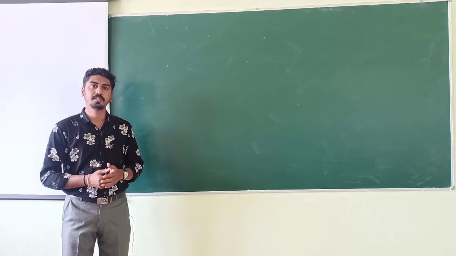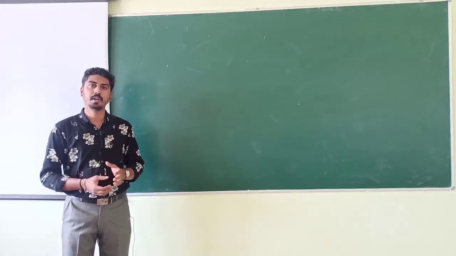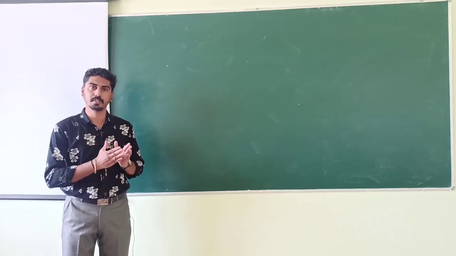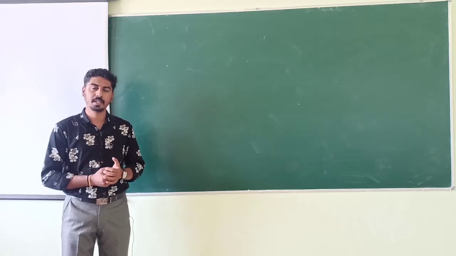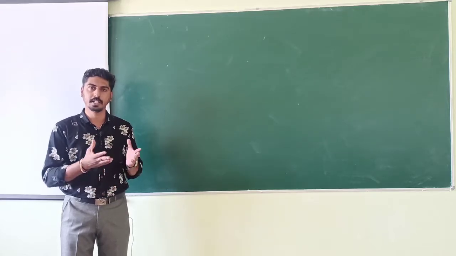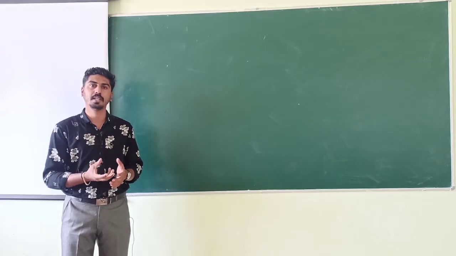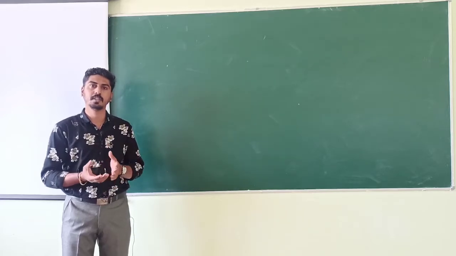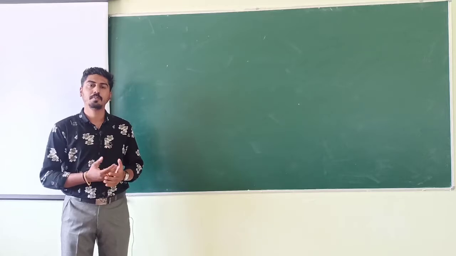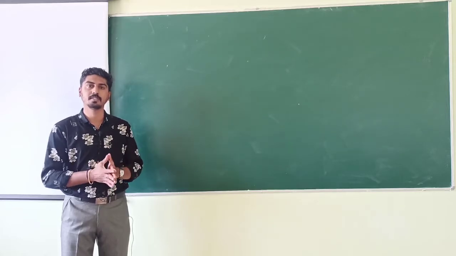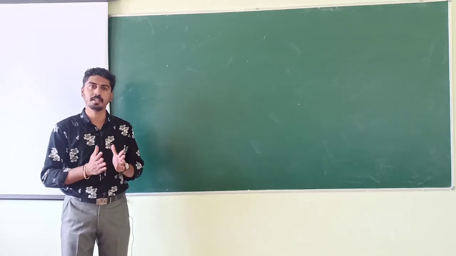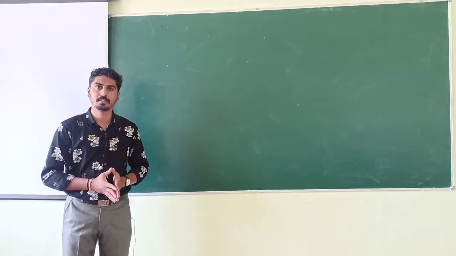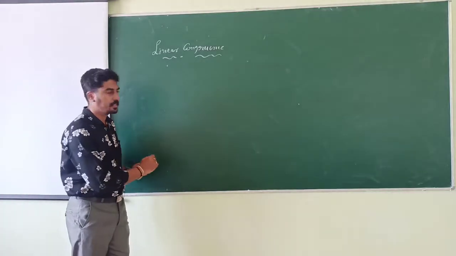In the previous sessions, we have learnt about congruences, properties of congruences, and we also solved some problems on congruences. In this session, we are going to discuss two things. First, we are going to learn what linear congruences are and how to find a solution for a linear congruence if it exists. And later, we are going to learn what simultaneous congruences are and how to find a simultaneous solution for the given set of linear congruences. Let's get in. Linear congruence.